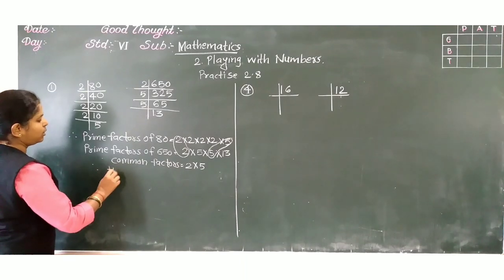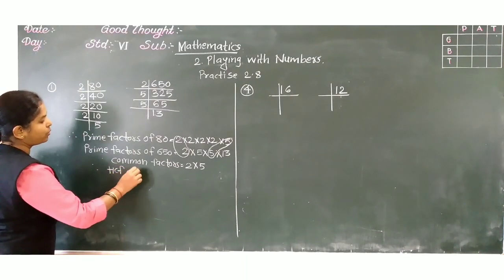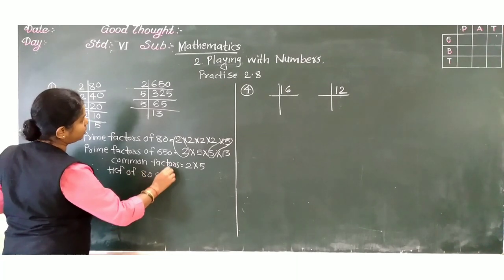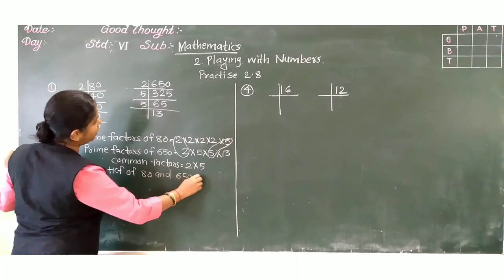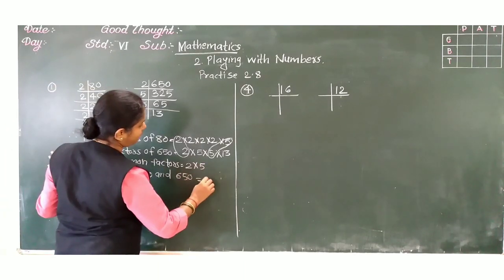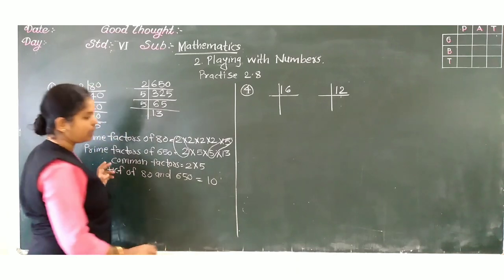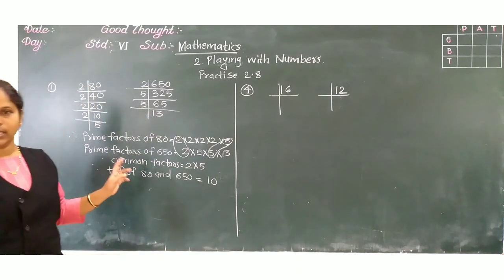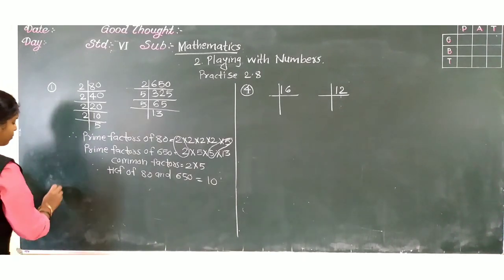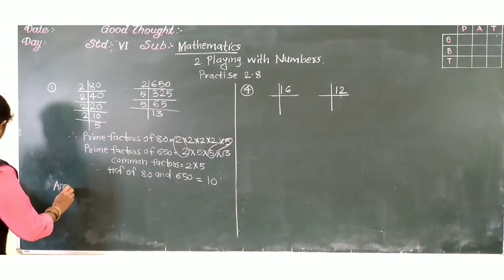Therefore, HCF of 80 and 650 is equal to 5 twos are 10. Now we got HCF as 10. So what will be the answer? Answer: